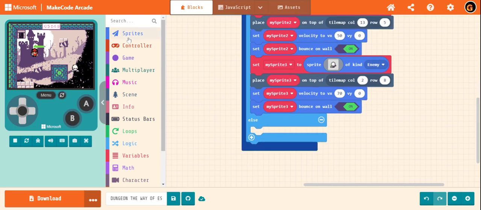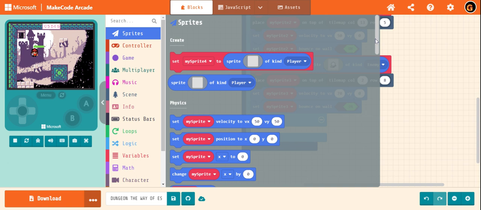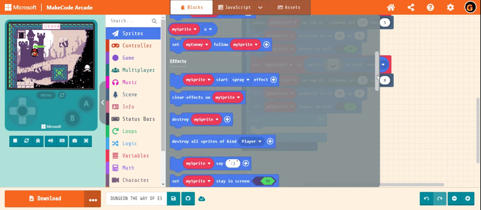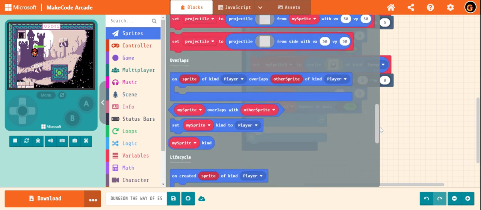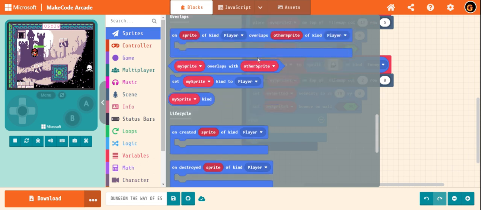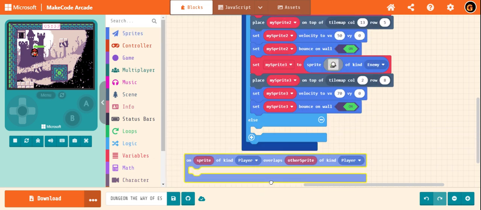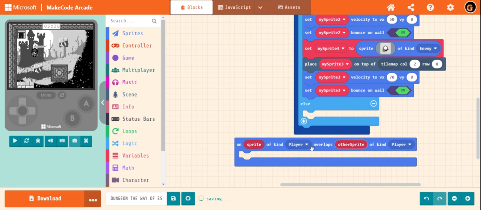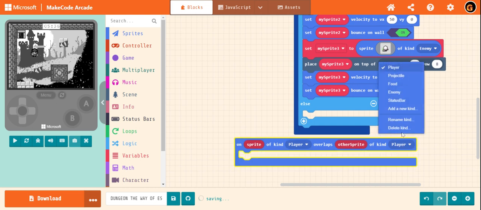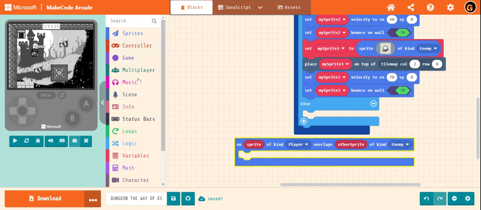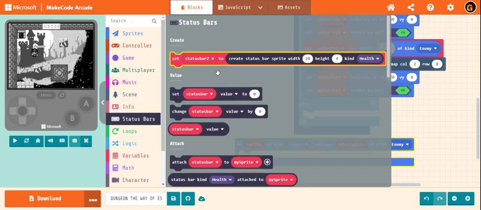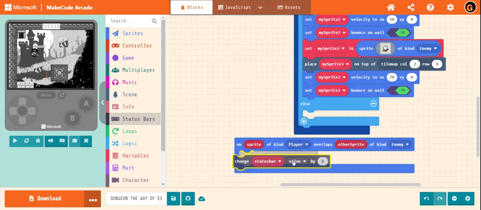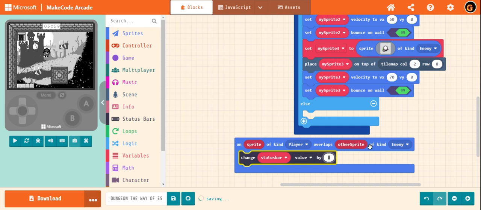After that, let's go to the sprite section. On sprite player overlaps enemy, status bar change value by -1.